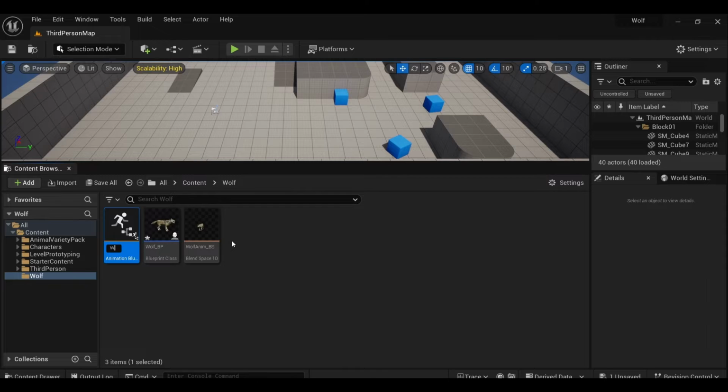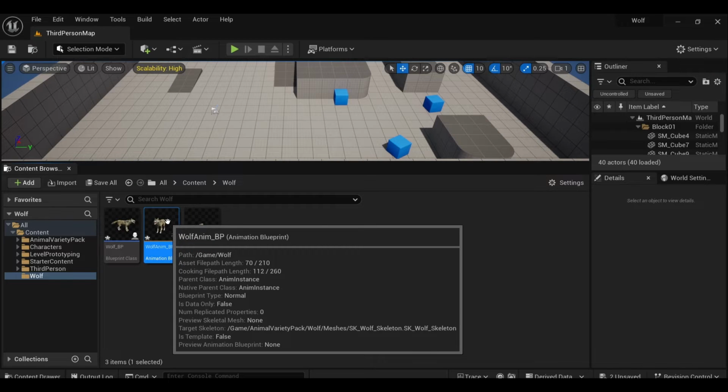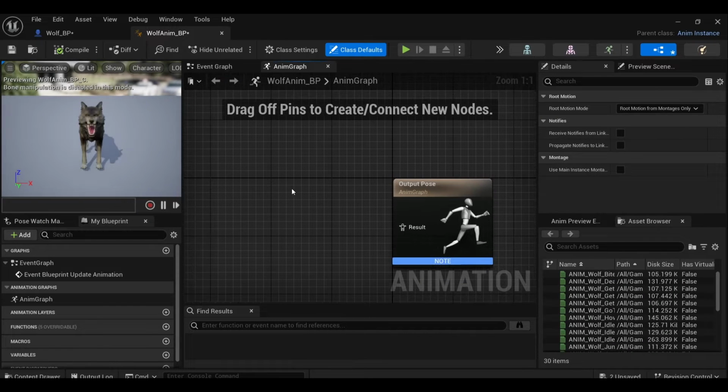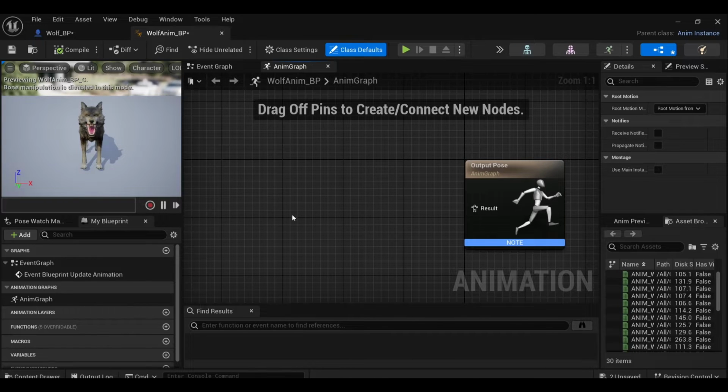Yep. Call it wolf anim underscore BP, so the wolf animation blueprint. Double click, open it up. All right. Now in here, we're going to create a blueprint for all our animation. So it'll work. Okay. So we'll right click